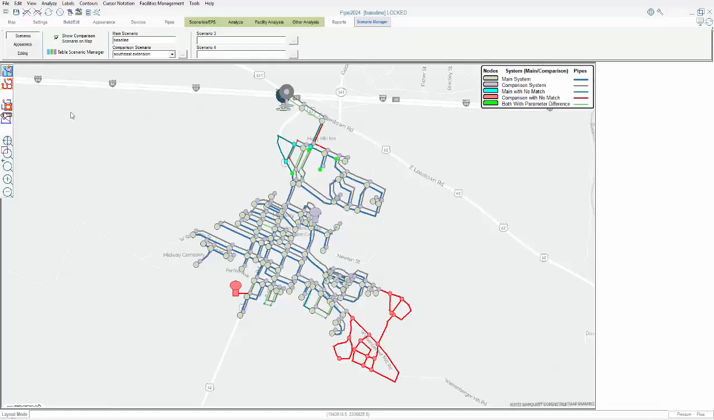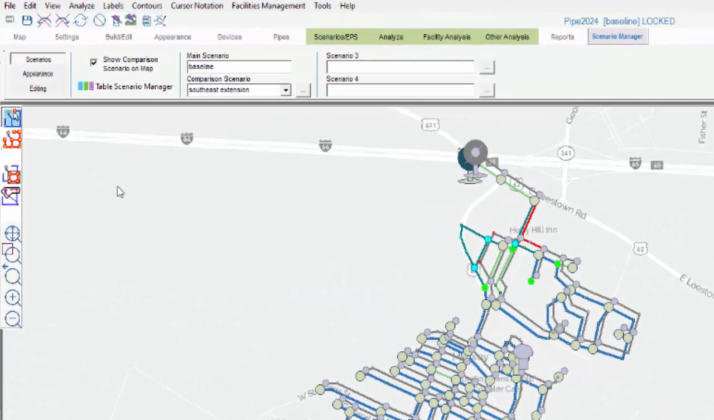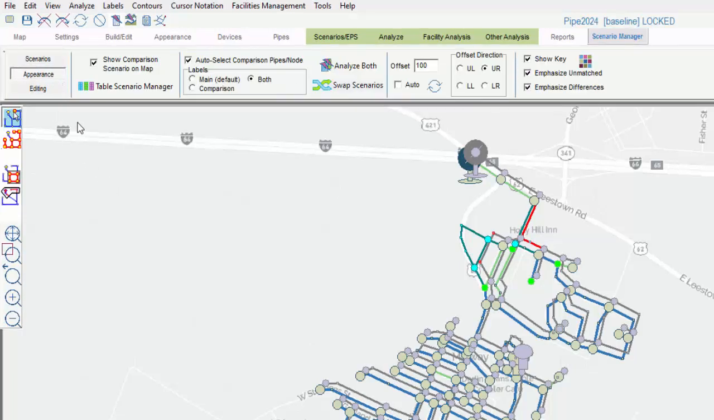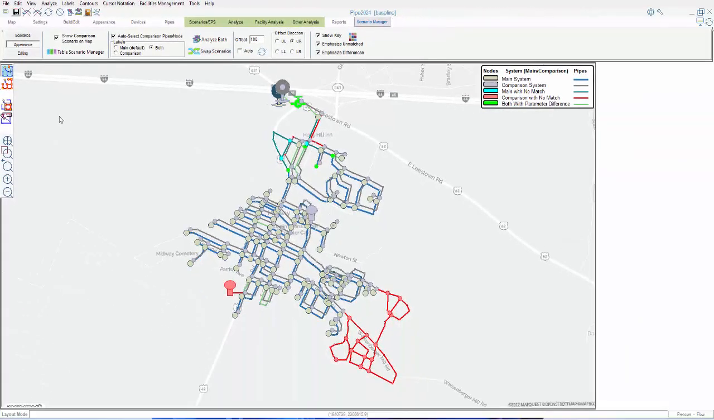To use the push feature, we will need to have loaded a main scenario and a comparison scenario. Our main scenario will be baseline.p2k, and our comparison scenario will be southeastextension.p2k. The comparison scenario has the same pipes and nodes as the main scenario, but contains an additional subdivision and an